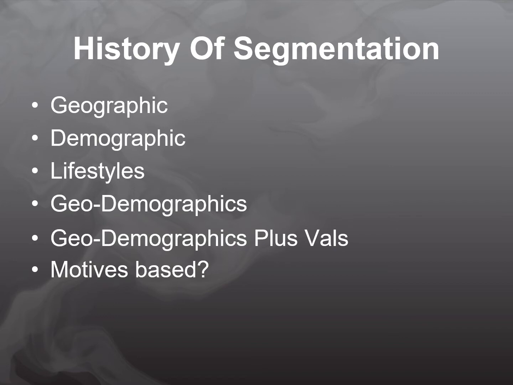Now, the history of segmentation goes back a long way, and your book starts off with geographic segmentation, and it uses an example of Campbell's soup. The first form of segmentation was, in fact, geographic segmentation. And the argument was that people who live in particular parts of the country have similar wants and needs. So the argument is, well, people that live in Superior, Wisconsin, where it gets to 35 below zero in the winter, well, they're going to want different kinds of clothes than the people who live in Las Vegas. And to some degree, you can understand how that might be true.